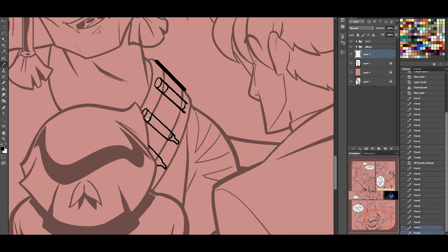Everybody always jokes that I draw my bullets like crayons. Woof. Yeah, these are pretty bad. What I might do is when I get done coloring, I might go over top of them a little bit to try to